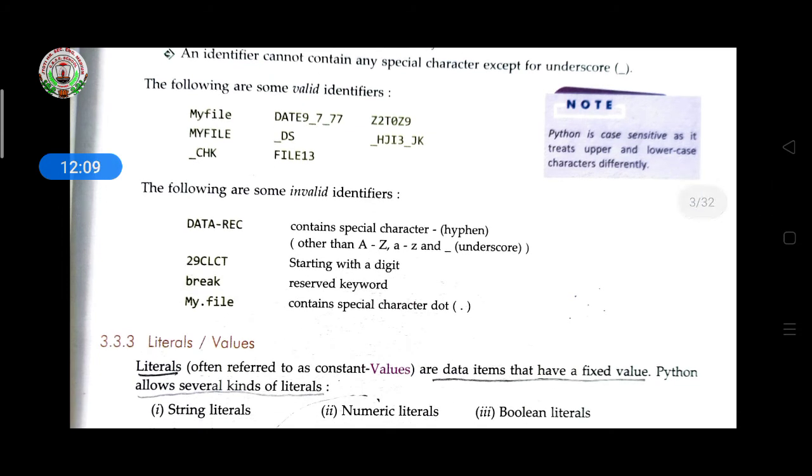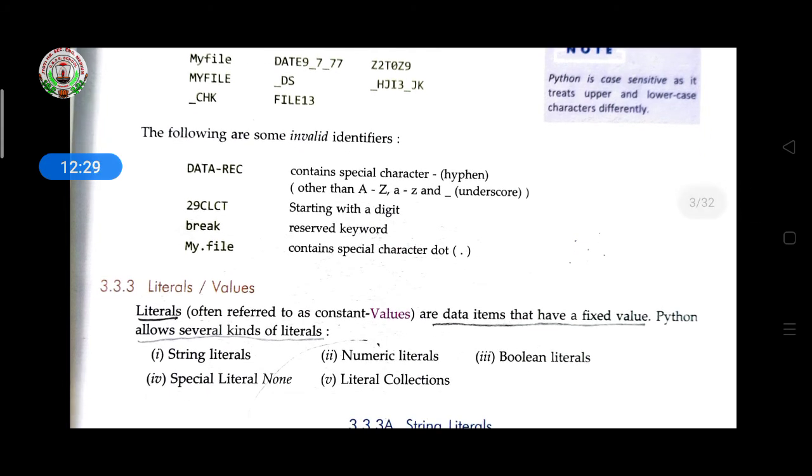Here are some valid identifiers: myfile, date_7. These are all variables, and none of them starts with a number, so all are valid. The following are some invalid identifiers.